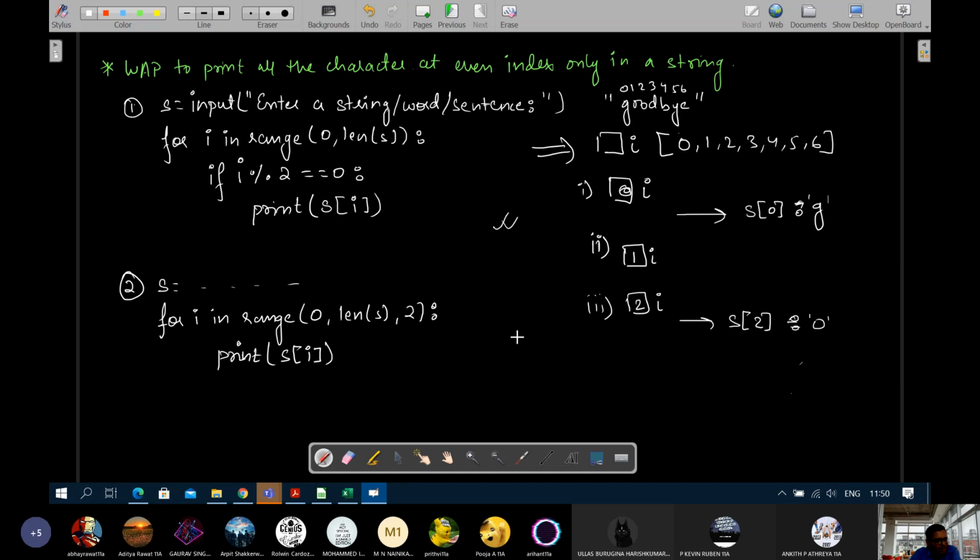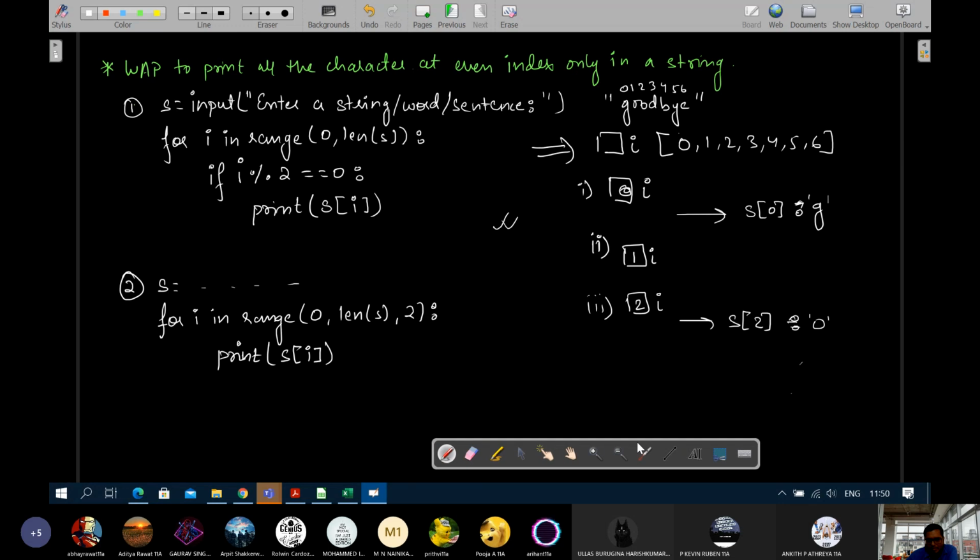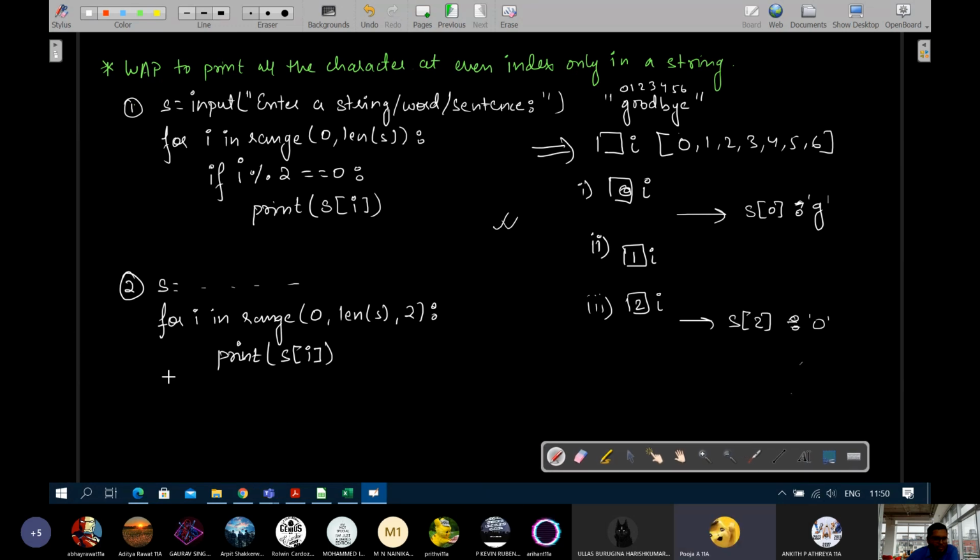One last question we'll take, and after that we'll continue. Sir, for the odd one, what should we do in the second one? You start from 1. The first character's index position will be 1, then it will be increased to 3, 5, and so on. Okay, understood, sir. Good. Pooja, is it clear? You are too quiet today. Yes, sir, understood. Good.